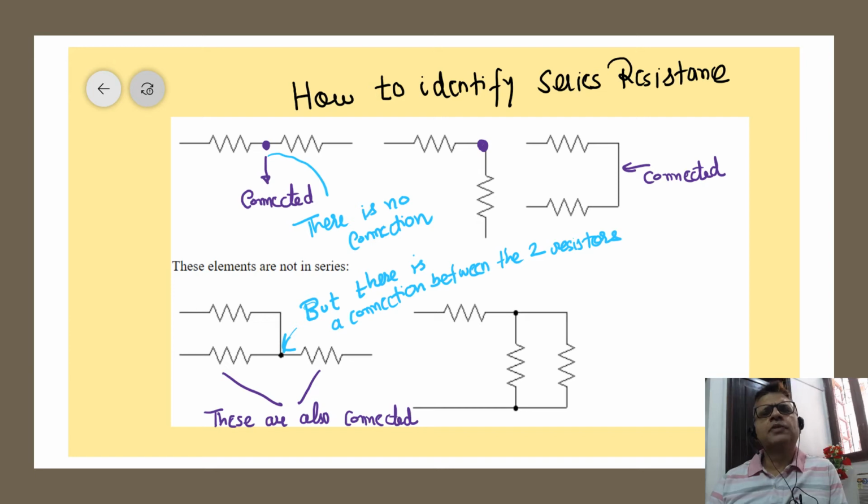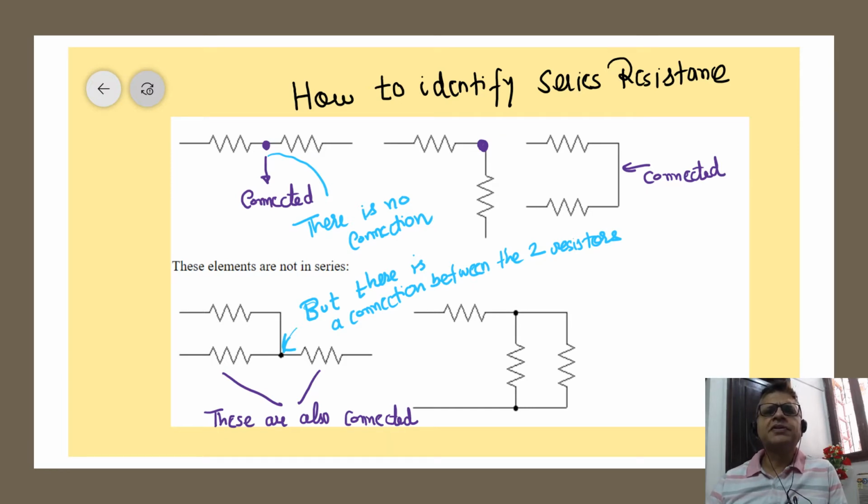Morning. So this is chapter 3, class 12th. I think when you start doing chapter 3, current and electricity, the first thing you find is the confusion. How do you recognize whether the resistors in a circuit are in series? This is about finding the equivalent resistance or analyzing the circuits.